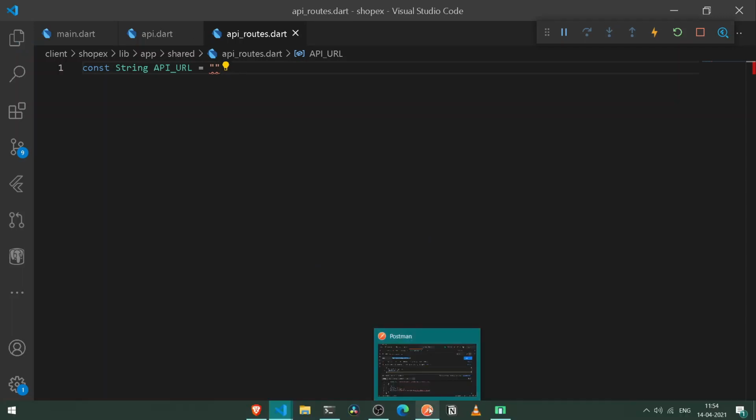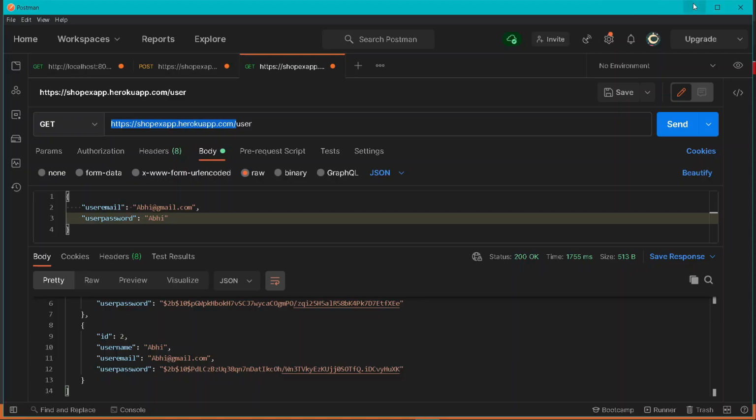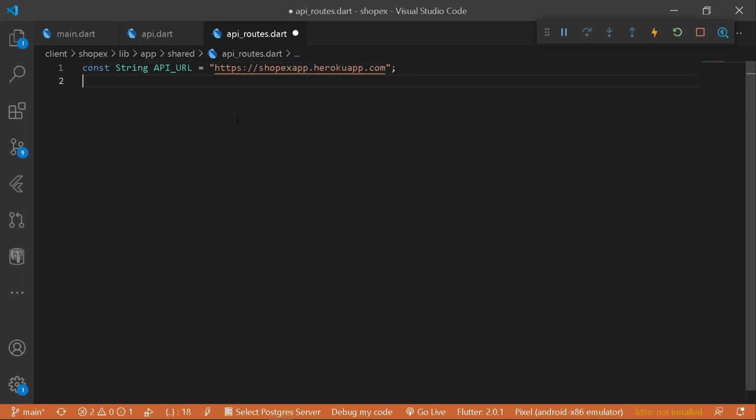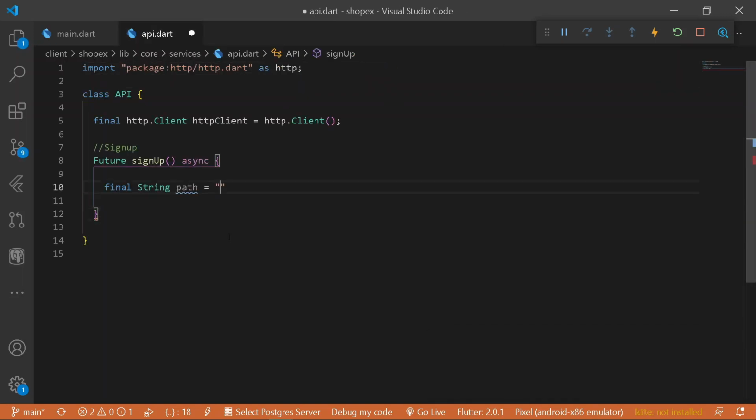and the following thing shall be under quotes to be our URL. So for that purpose, let's go under our Postman and let's copy our following URL. Let's go back and let's paste everything here. We won't be requiring this forward slash, so we will be removing it off. Cool. So once we have got our API URL, we shall be moving back, and under this path I shall be writing here, under dollar quotation, API_URL. Let's import the following thing, and after that we shall be having our path to be user/signup.